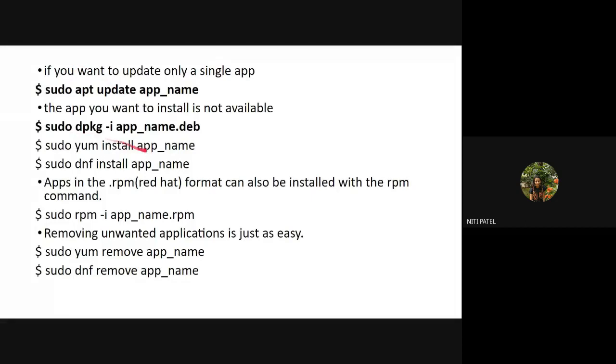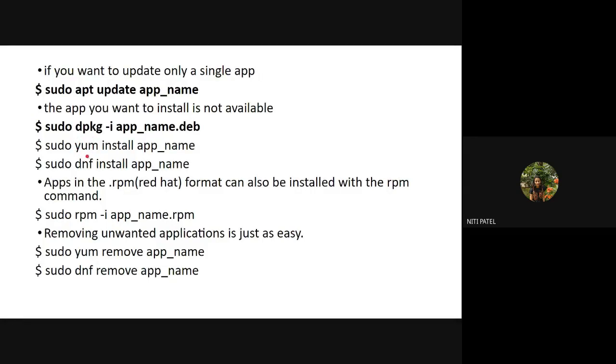Okay, so if you see this sudo yum install app name, what is this? This yum identifies that it is Red Hat Linux. So when I say sudo yum install Google Chrome, what is the system understanding? That the Linux installed in the system is which? It is Red Hat Linux. How did I identify it? Because of this yum command that I have used inside the command.